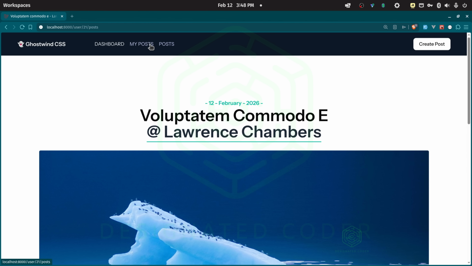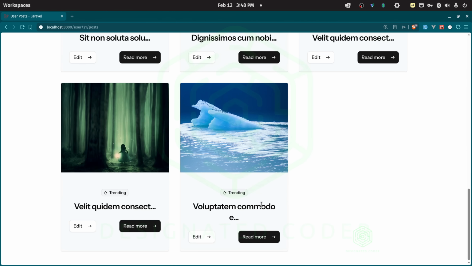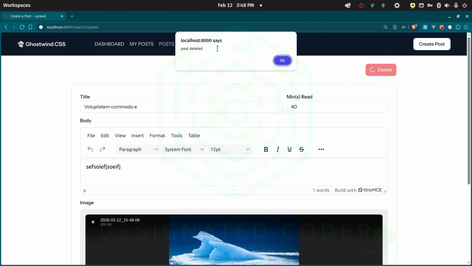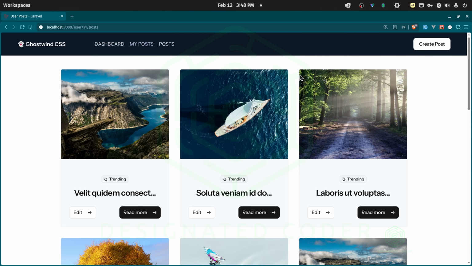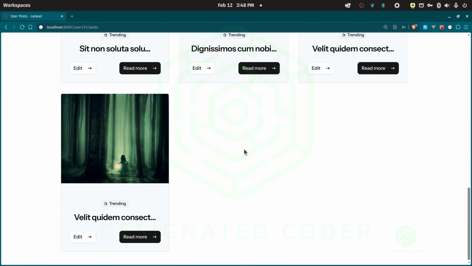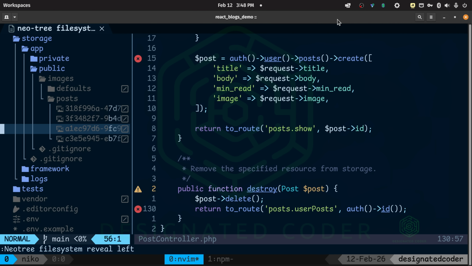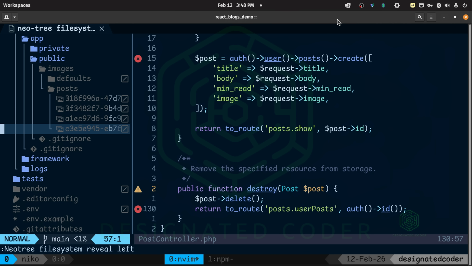Now, if we go to my posts and come down, let's go and edit. We'll delete, post deleted. Okay. And if we come down here, you can see it's gone. And if we look here, really, we should have 4 images because we haven't deleted it from here still. We have deleted the post, but we haven't deleted the image. So I just wanted to do this as a reference. We already have something to delete that image from our storage, and we have it in the